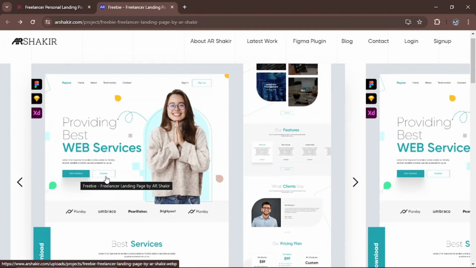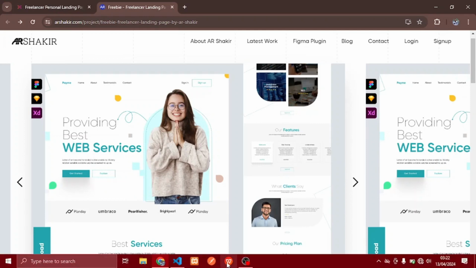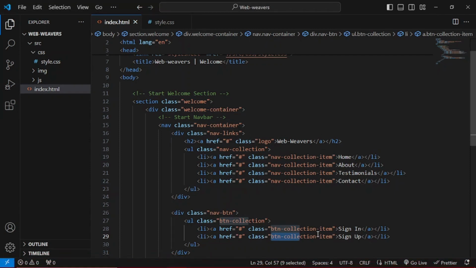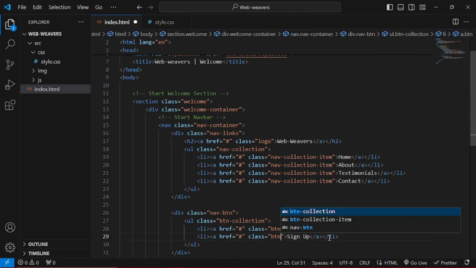It's just to save time basically. Whenever we come across a button that looks like this, we'll just give it the class of btn primary, and this will have btn secondary. So I'm going to call this second button btn secondary,